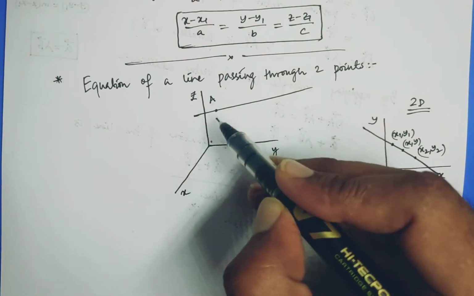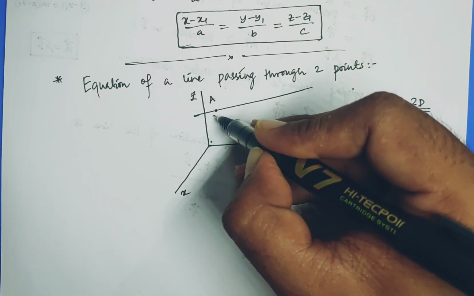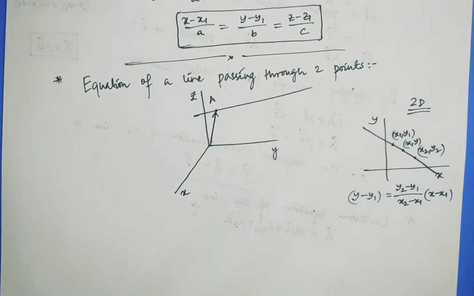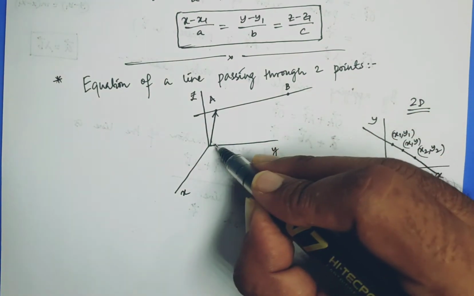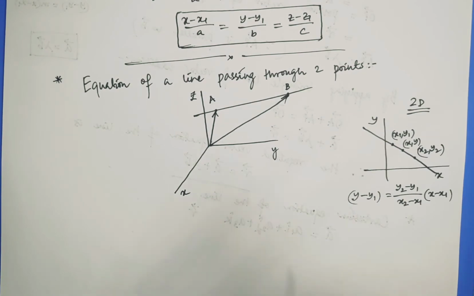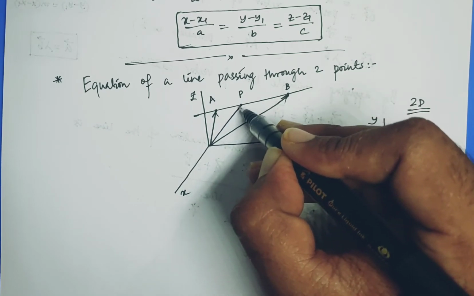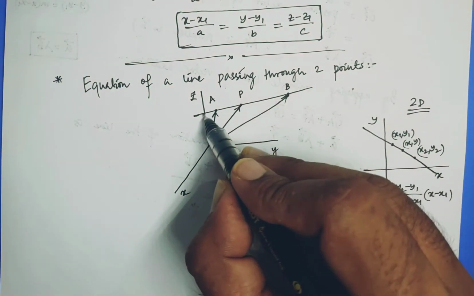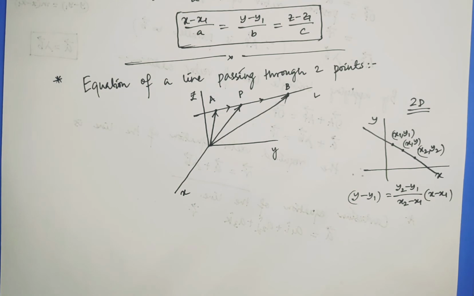Okay, so now A, I am taking a point A. The first point I am taking is A. I told you before, the point is not that important. What is important? The position vector of those points, right? Then I will take another point B in here. Again, the position vector of that point is important, right? Now I will be taking a general point. So let us take the general point here. So we have here. Understood? And this is a line L and it's in this direction.